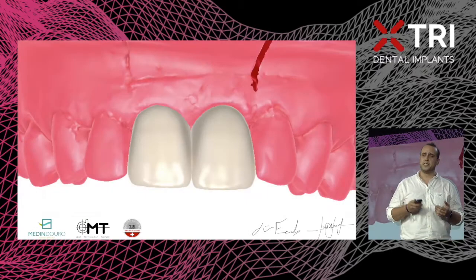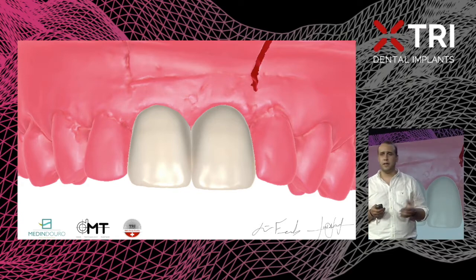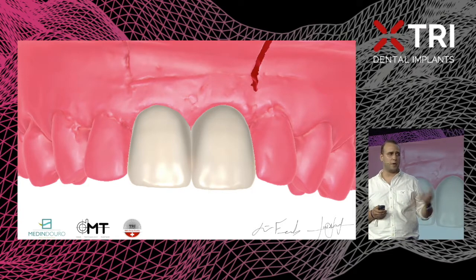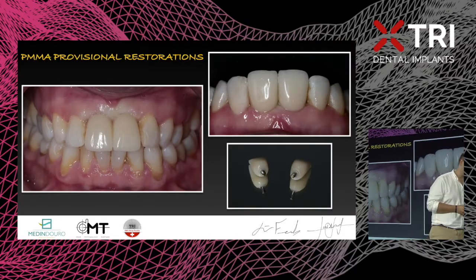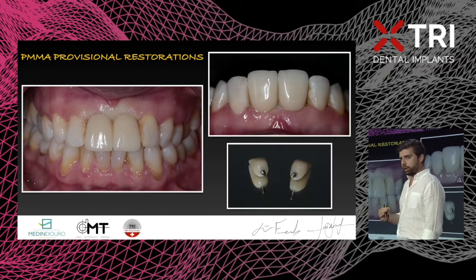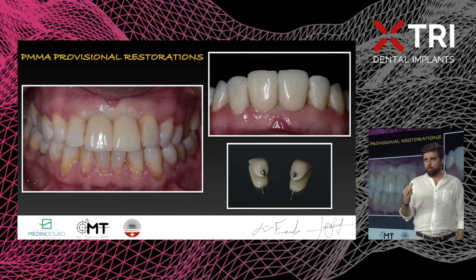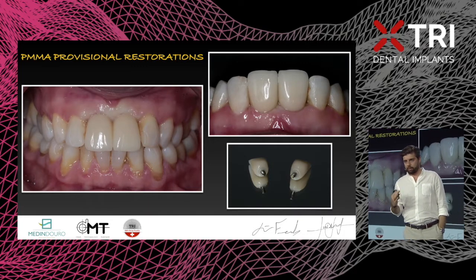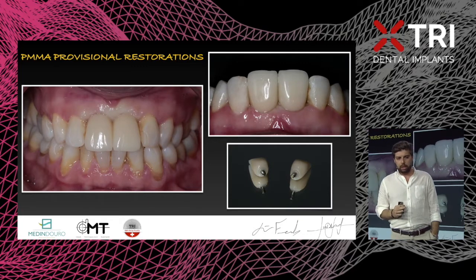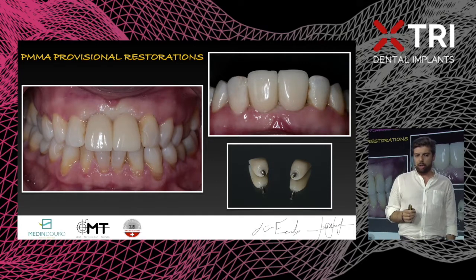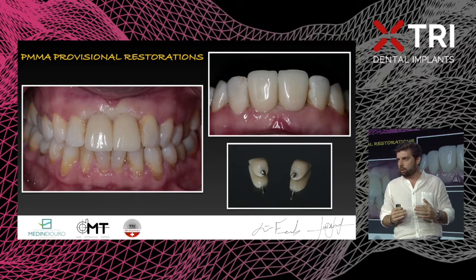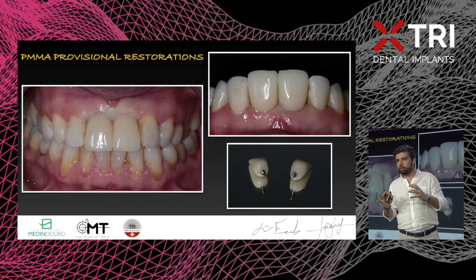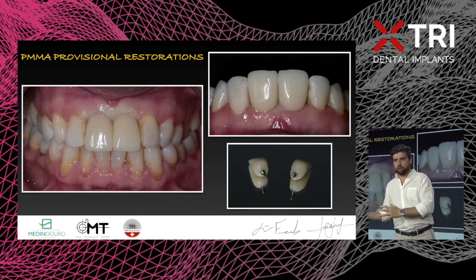After that, we send the PMMA milled crowns to João, to the patient. So now I get these crowns, and I again start working on my profile, aiming for what I think is the best case scenario for this patient. So as you can see here on the image on the left, you can see where the PMMA crowns are making pressure on my tissue. They're redesigning that shape to a better outcome.